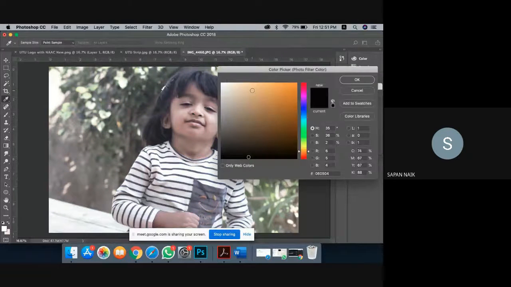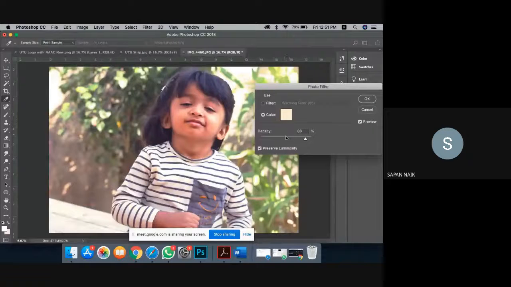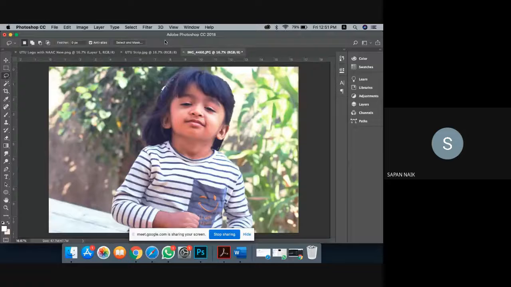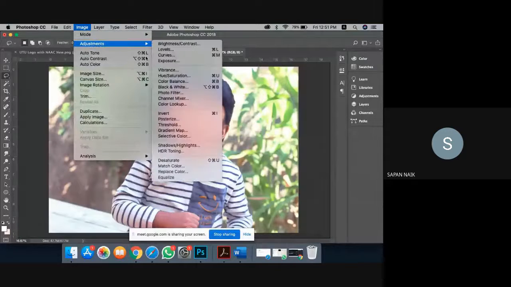Let's take some brighter color. Okay. Sometimes it takes time. Okay, if you can see the line comes, but it only slightly affects your image. But this also you can do to change your image.